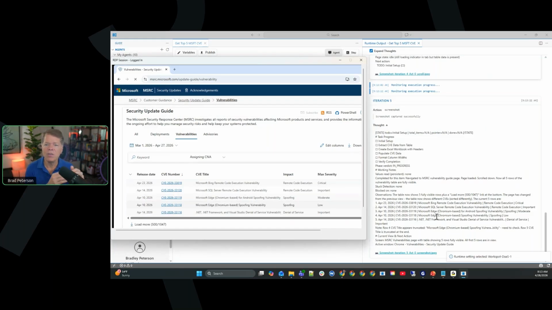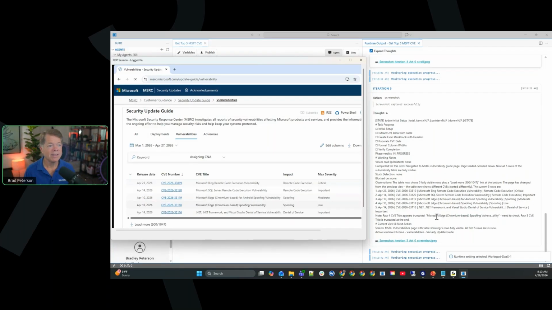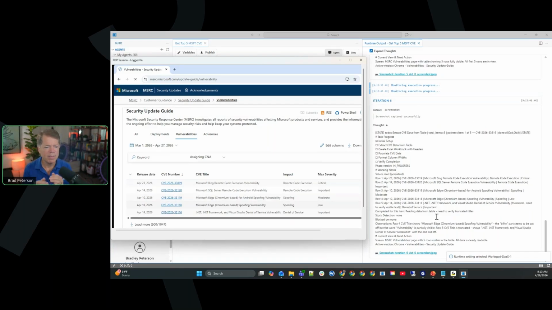So it could be clicking into a field and doing data entry. It could be clicking on a menu. It could be a number of different things that it could do. All right. And so while that's happening there, you, as the person running Guide and developing this, get to see both worlds. You can see each one of the commands that are being run, and you can see a little status here. It's like